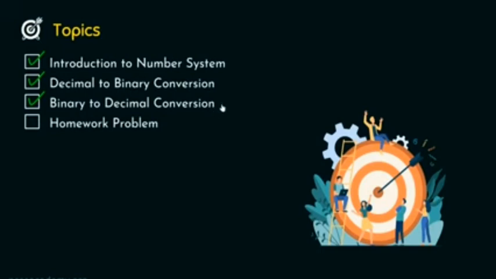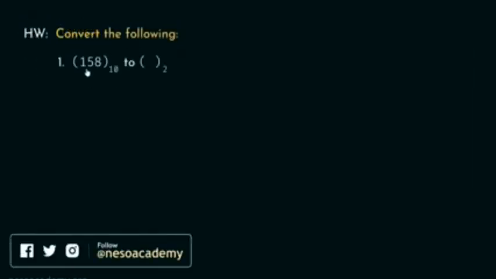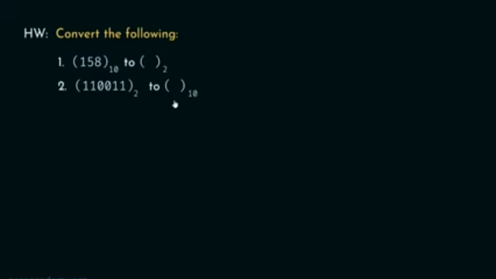As we have understood all these topics, we now need to see the homework problem of this presentation. Convert the following. So your job is to convert 158, which is given in decimal, to its binary equivalent. And then you need to convert 110011, which is a binary number, to its decimal equivalent. After obtaining the equivalent numbers,